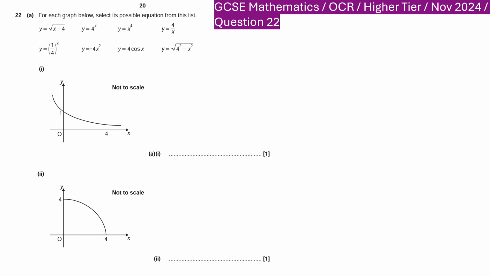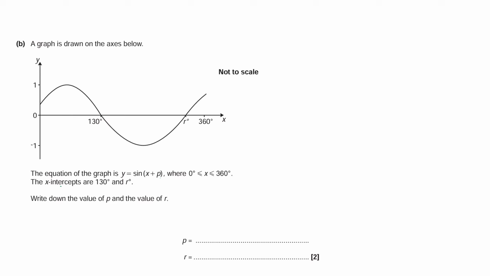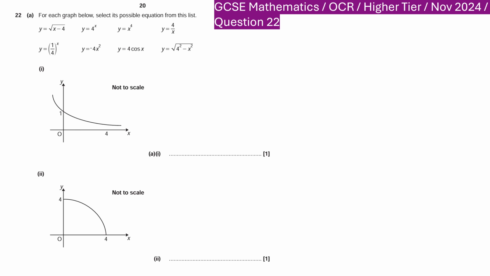So in this question, for each graph below, select its possible equation from the list. For part B of the question, a graph is drawn on the axis below. The equation of the graph is y equals sin x plus b, where 0 is less than or equal to x, less than or equal to 360 degrees, and the x-intercepts are 130 degrees and r degrees. And we need to find the value of p and r. So that's part B. Going back to part A, I think it's interesting to draw all of these graphs and